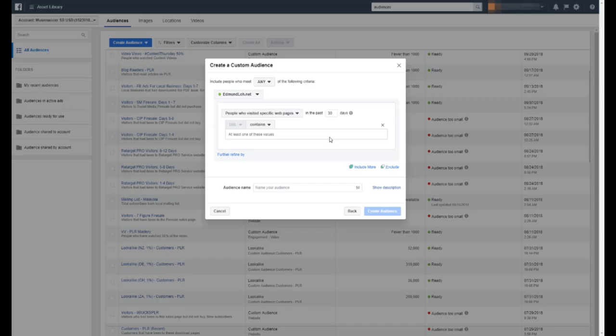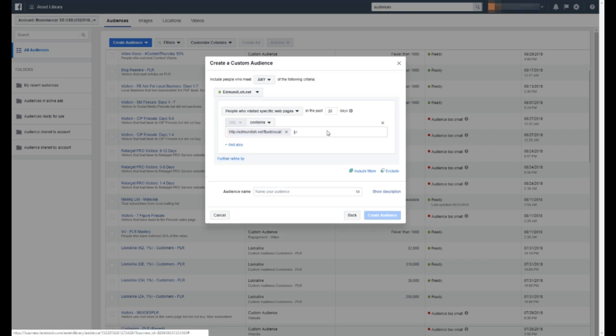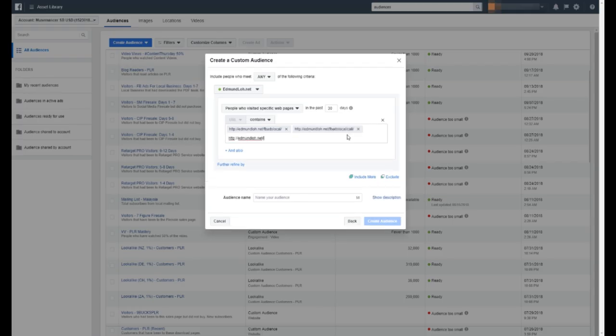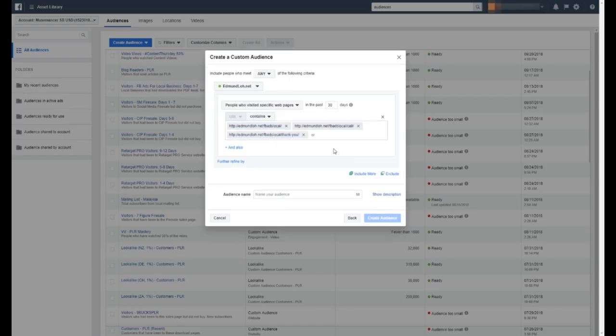And you want them to have been to a certain website, but they didn't make any purchase. So this is going to be an example. I'm just making this up right now. If you want to target people who have been to a few types of web pages, that's okay as well. You can put in more than one address. So just for the fun of it, I'm going to put in these addresses here. Alright, so let's just say people have been to any of these 3 web pages,